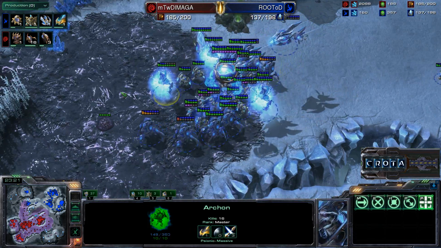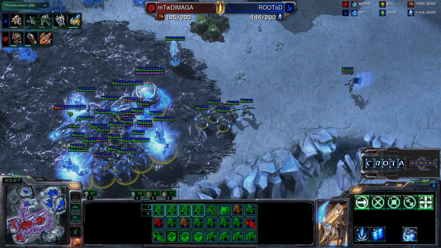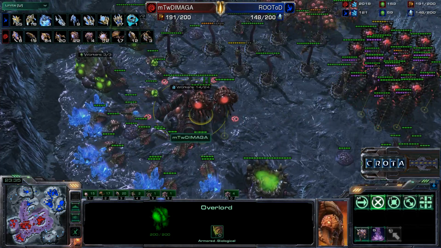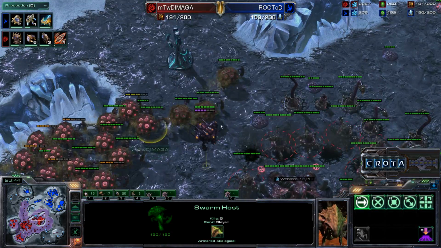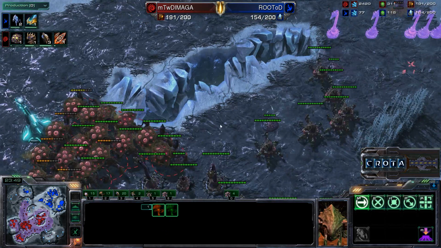The Broodlings going to take down that Archon, as we are now going into a Mothership Core army over here. Archons on the move. No observer that I can spot. We are now going into a Greater Spire, and this is turning out to be a great game. 55 probes versus 64 drones. How many Locusts will be coming out again? You can see all of these Swarm hosts, how effective they are, and just how deadly these units are,